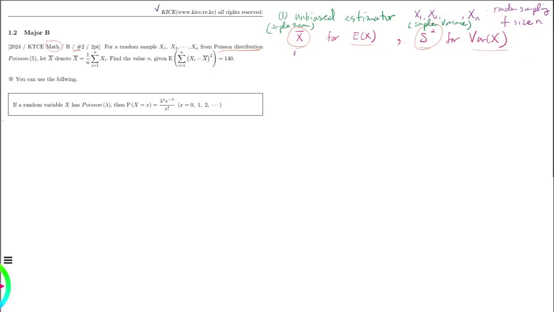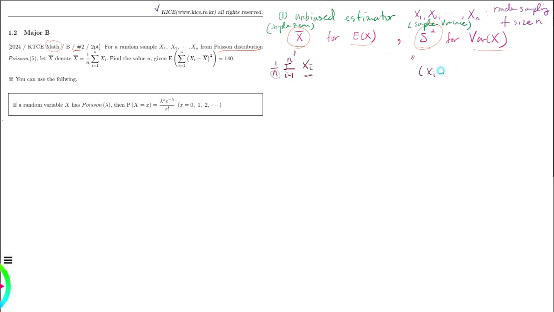Capital X bar is the sum of all the sample random variables divided by the size of the sample. And then the formula for the sample variance, capital S square, is